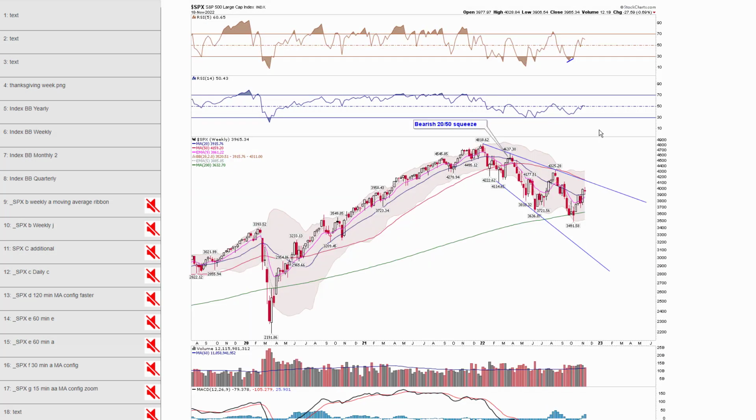Next, chart 10. Here's another weekly view. Shows you the same thing, just a cleaner, expanded triangle. You can see again we do have room to move to the upside here, around 4,100 if it wants to. Next,